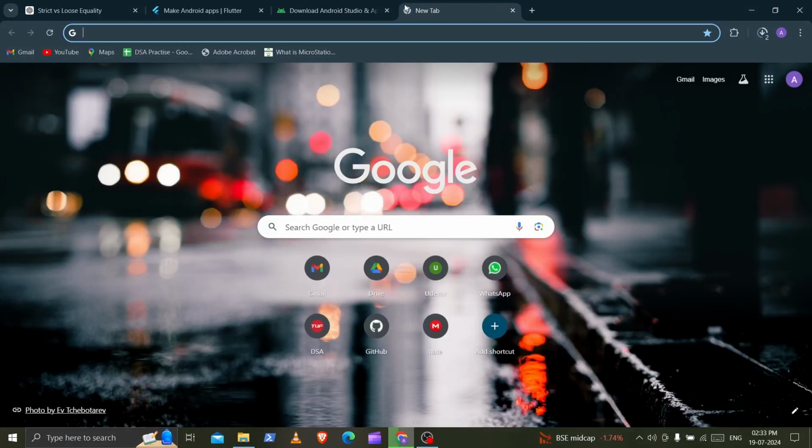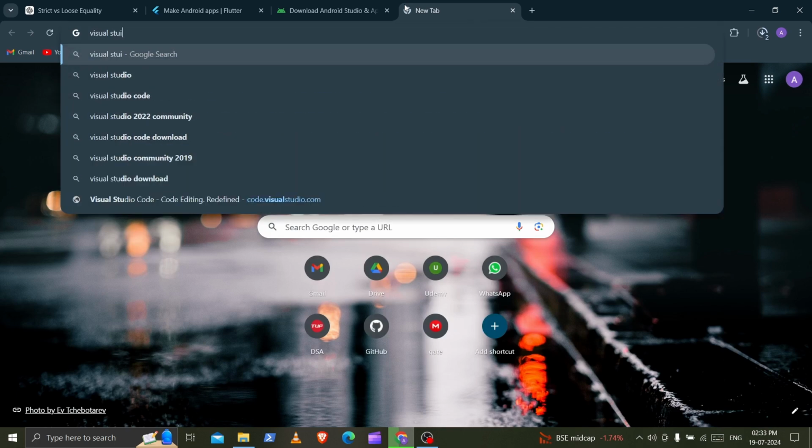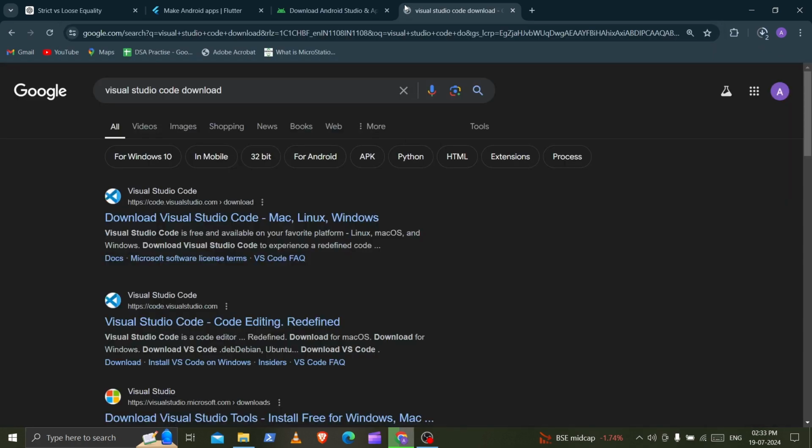Same thing for Visual Studio Code. Go to the official site